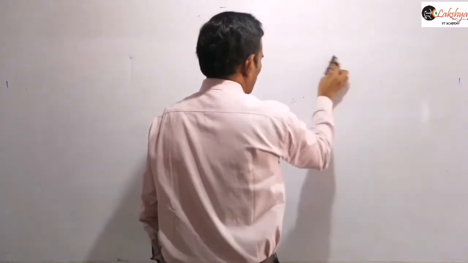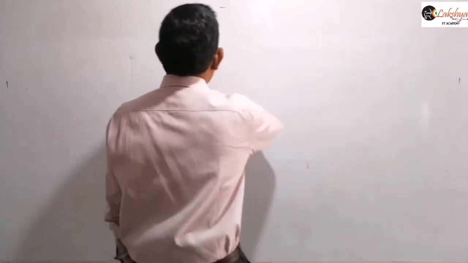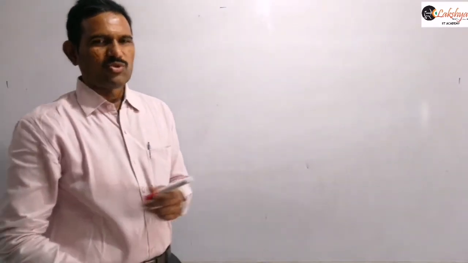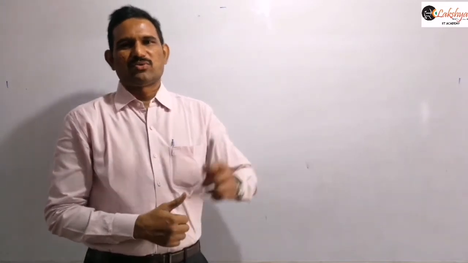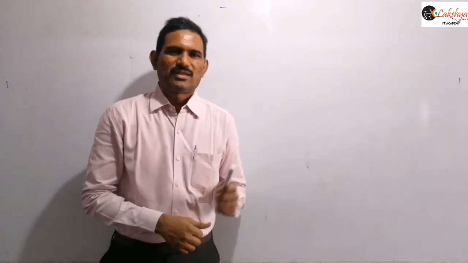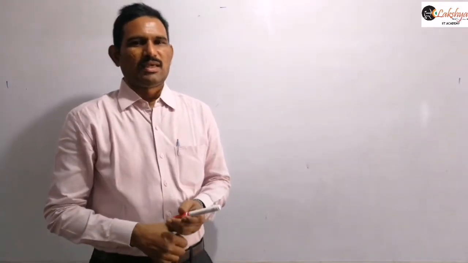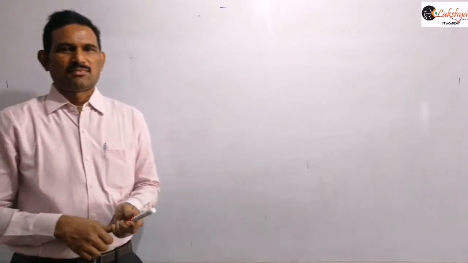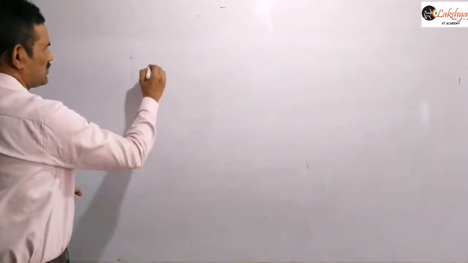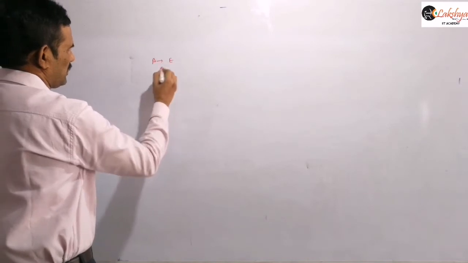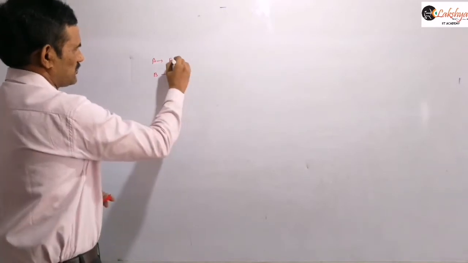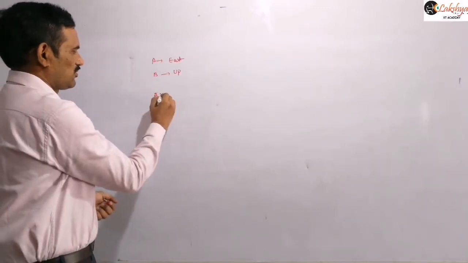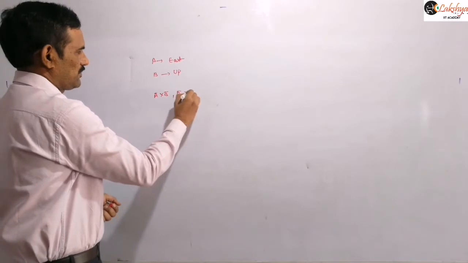Here I am giving a simple example, find the direction, so that you will get clarity, because the directions are important. Suppose a bar is towards east and b bar is vertically upwards. Then find the direction of a bar cross b bar and b bar cross a bar, both.